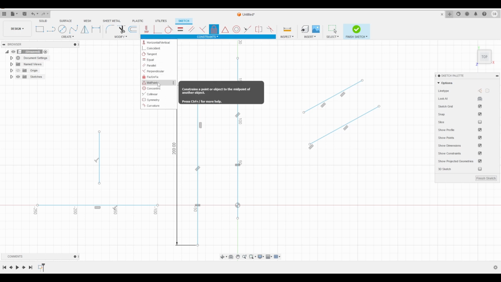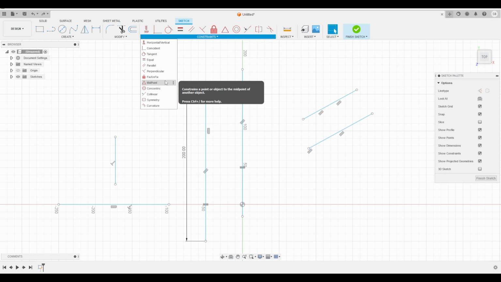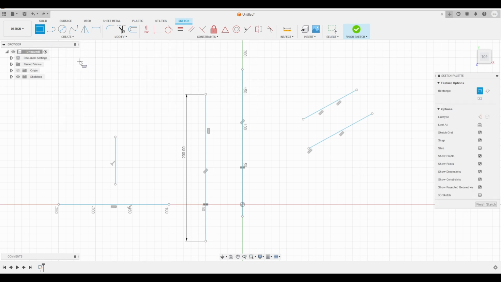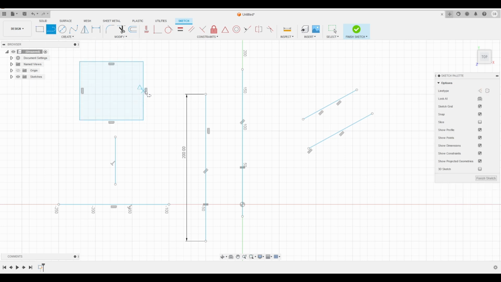Then we have the midpoint constraint. The midpoint constraint basically makes a shape go in the middle of another shape. So let's say we have a rectangle, for example, and then we want a line to be in the middle. Now we could just go down the line until we reach the triangle, as that is the center of the line. But we can also make the line whatever we want to,